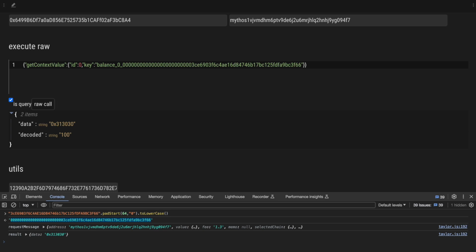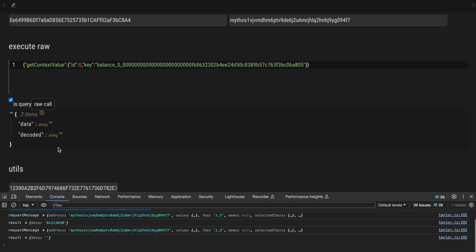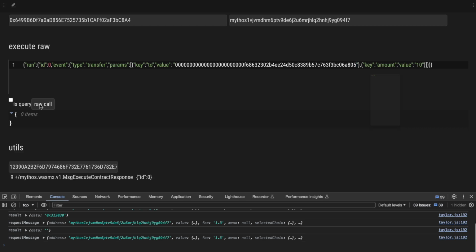So let's do a transfer of tokens. And I already have a receiver address prepared here. And we will check the balance first. And the balance is 0. We don't have anything there. So we will run the transfer event to our receiver address, and we will send it 10 tokens. We run the transaction,